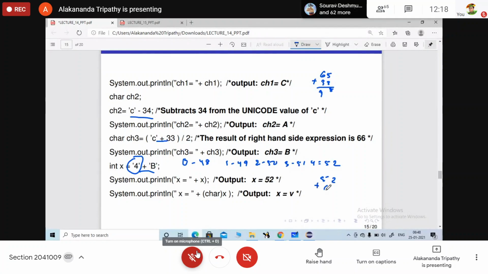B is 66. It will be typecasted and you will get the answer as 52.